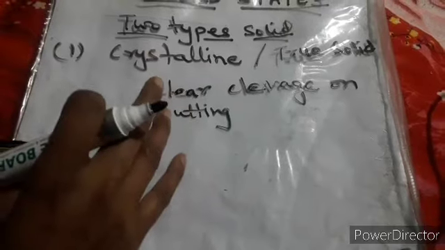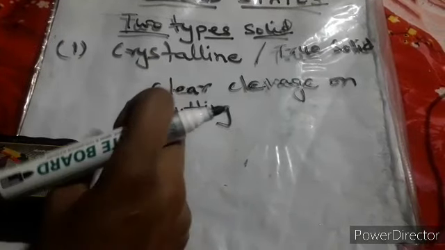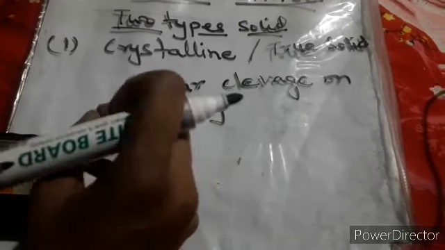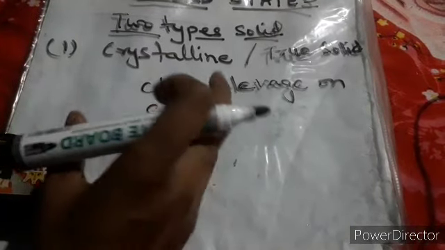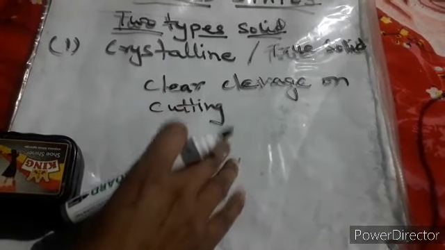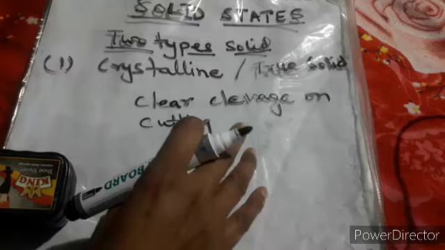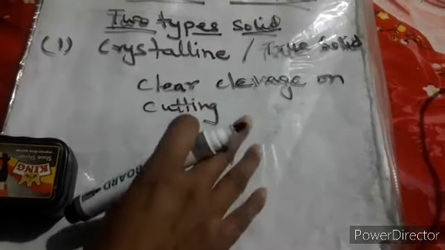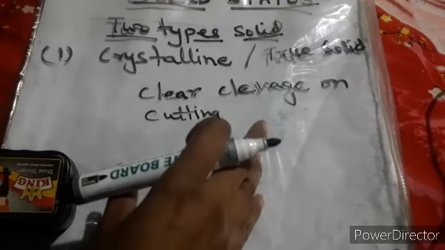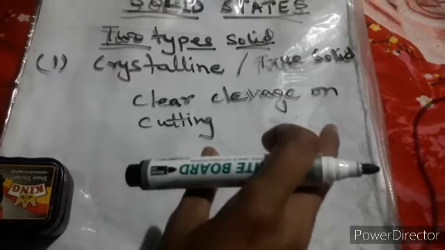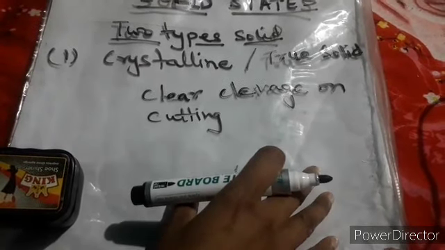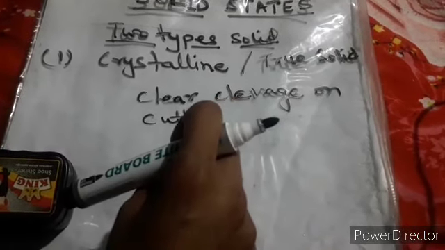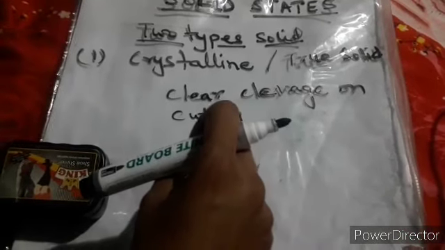You have already learned earlier that they have very sharp melting and boiling points, but we are not going into the detailed points. You have to make it clear in this point that all the electrovalent compounds come over here, and your metals, whether it is copper or aluminum, also come over here. Now we have seen one more point in this.